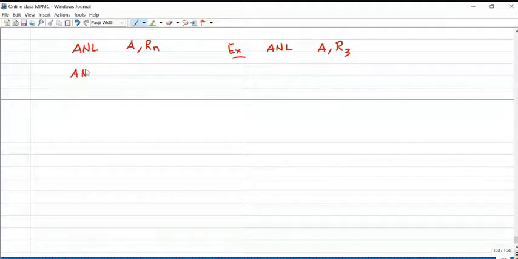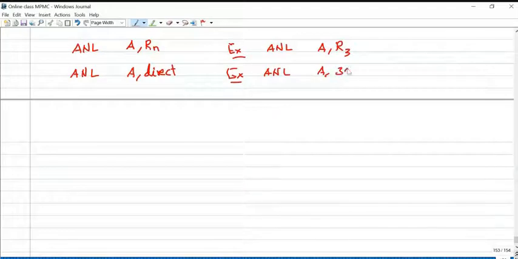Similarly, we have logical AND operation between accumulator and data available in the memory. So ANL A, say for example 30H: accumulator content ANDed with the content available in internal RAM memory location 30.